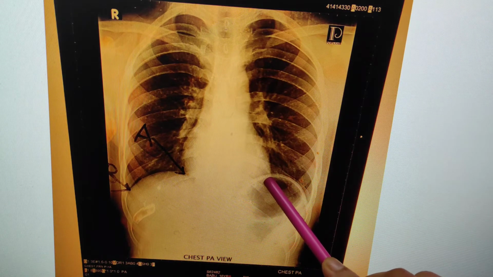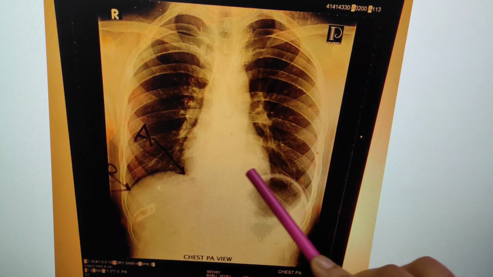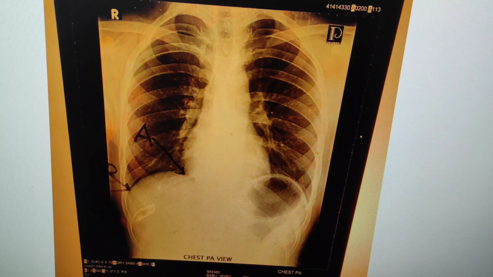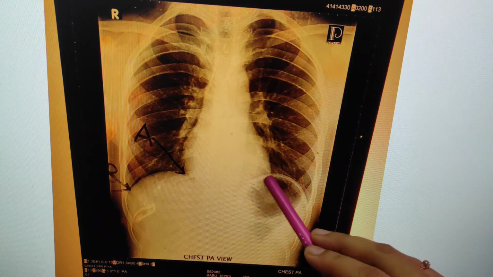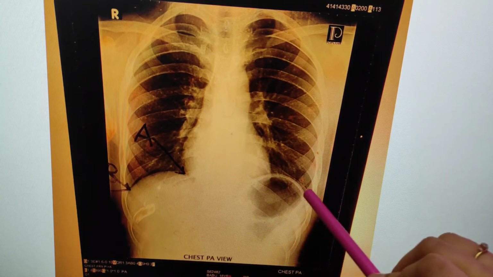Here is the cardiophrenic angle. These two are cardiophrenic angles and here is the costophrenic angle. Now, what are the costophrenic angle and the cardiophrenic angle? The costophrenic angle is the angle between ribs and diaphragm, and the cardiophrenic angle is the angle between heart and diaphragm. So, these two are cardiophrenic angles and here is the costophrenic angle,